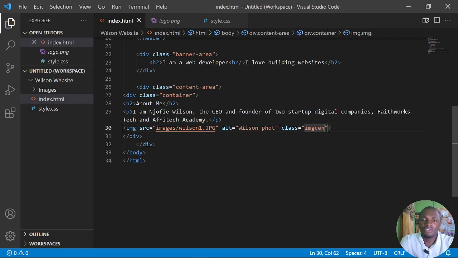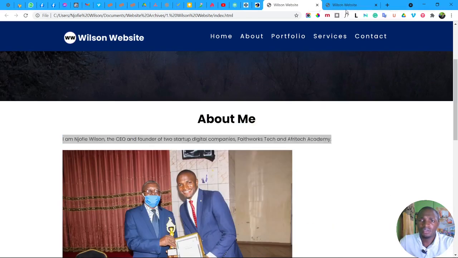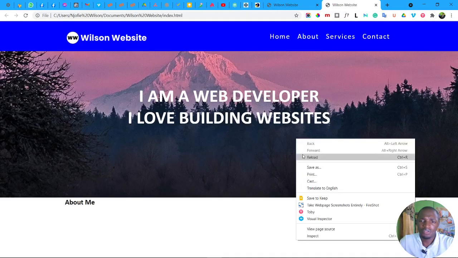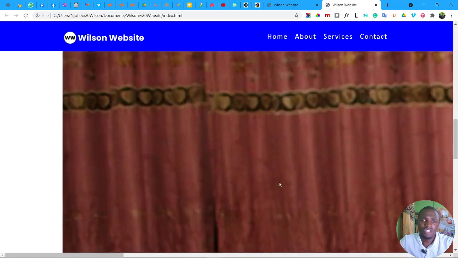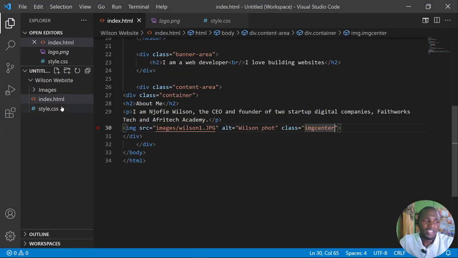Let's just use img center, and then we save it. So if we want to refresh this page we are building, this is our website. If we reload this, you know, the image is too big. So what I want to do is to immediately go to our CSS,